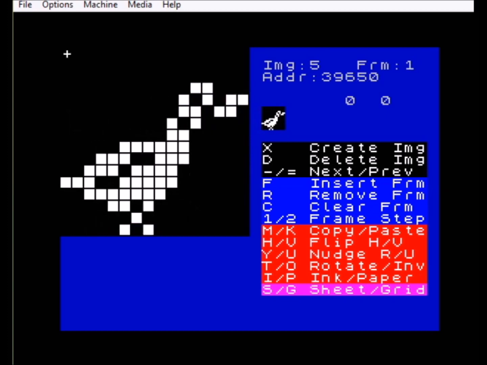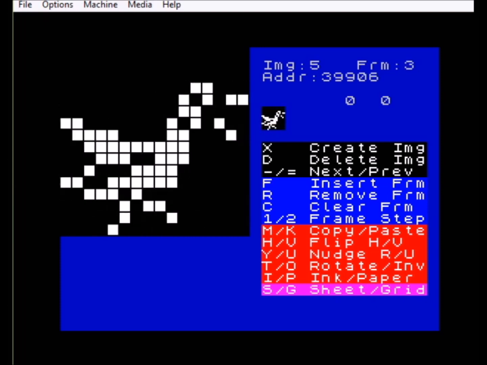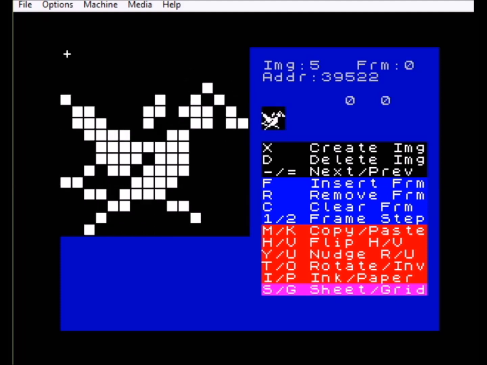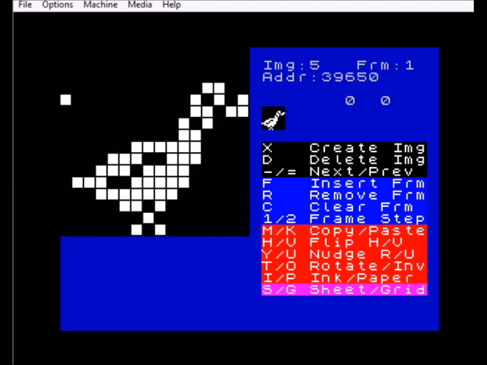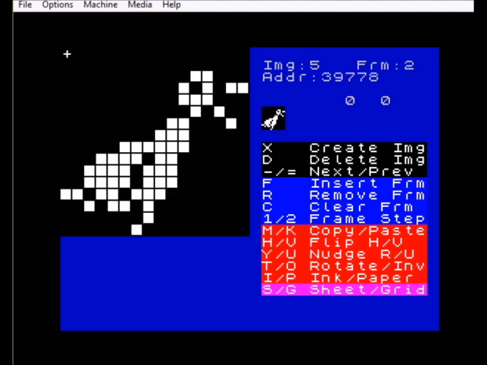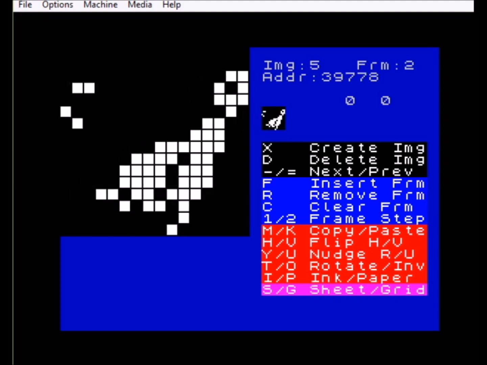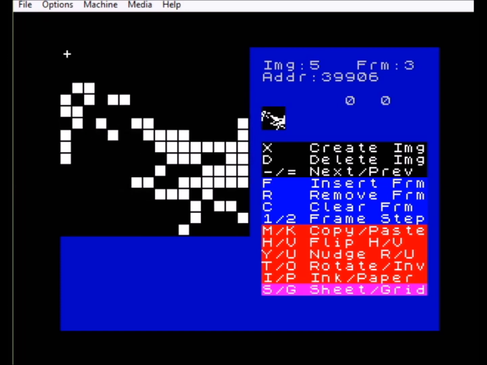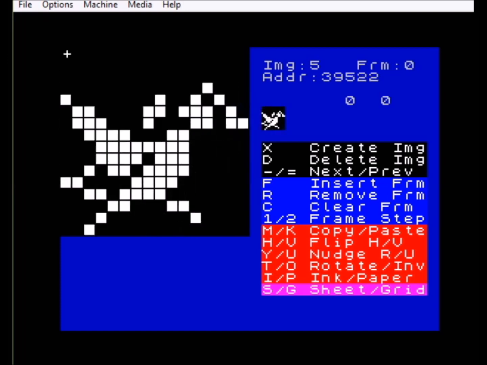Once I've got something that I'm happy with, like this, all I have to do is start with the first frame. As you can see, there are 4 frames. Start with this frame, go to the next one, shift it across 2 bytes, go to the next one, shift this one across 4 bytes, this one, like that. And basically, if we go back now, what you'll see, if you watch the animation, imagine that there is another frame in here,